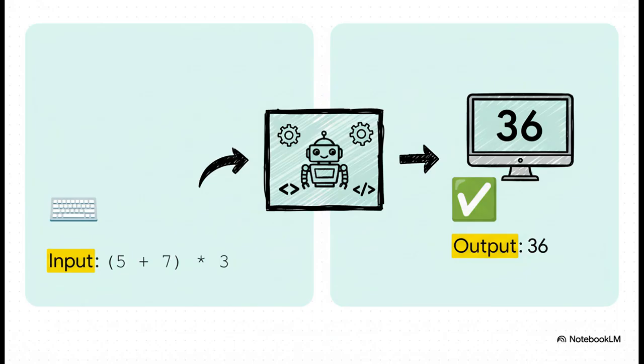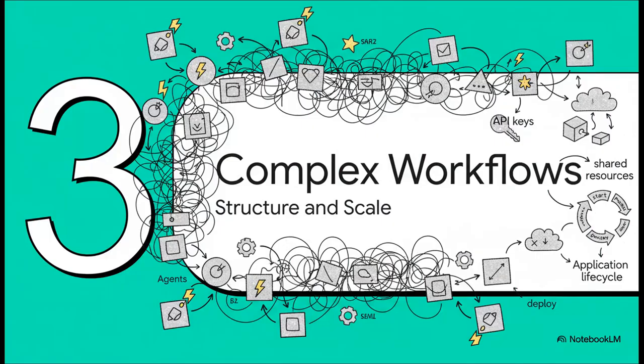The agent just goes off, writes and executes the Python code it needs behind the scenes, and bam, it gives you the right answer. Now, why is this so important? Because it lets your agent do complex calculations or data manipulation that would be completely impossible for a language model on its own. So as you start building more and more agents and combining them, each with their own superpowers,